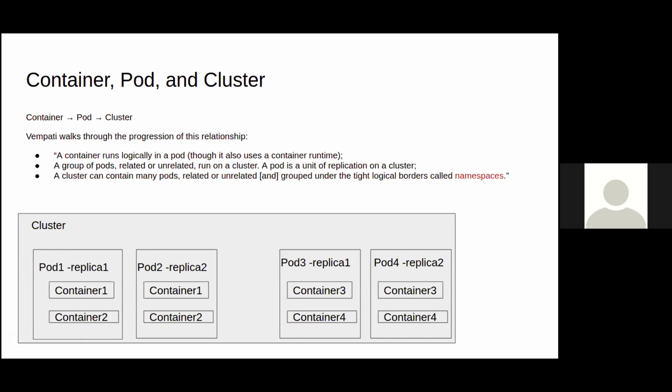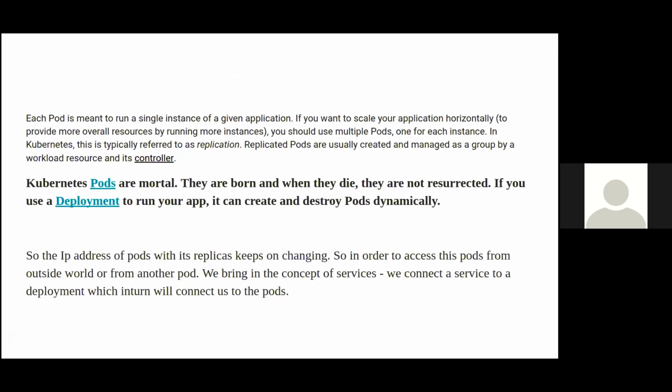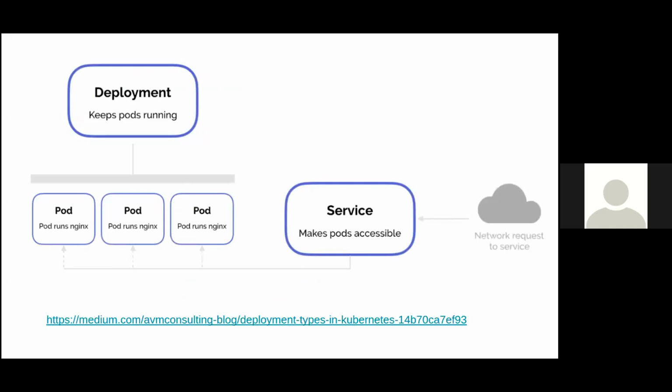Let's move on to the deployment and the service. Once you are deploying an application, you will create a deployment descriptor. That will create a deployment, which will in turn create your pods.